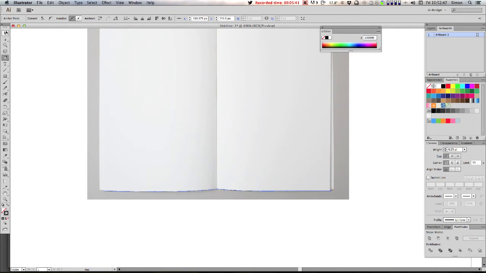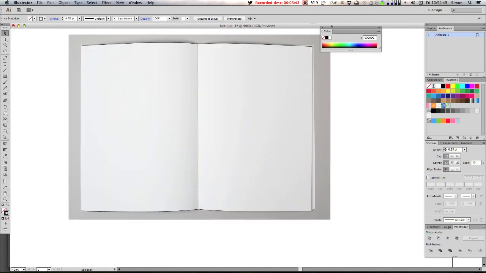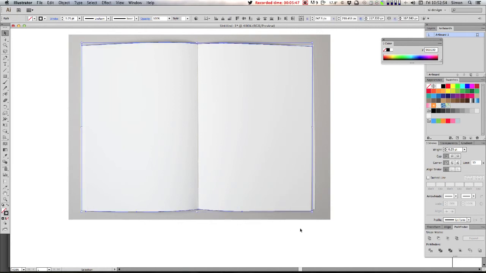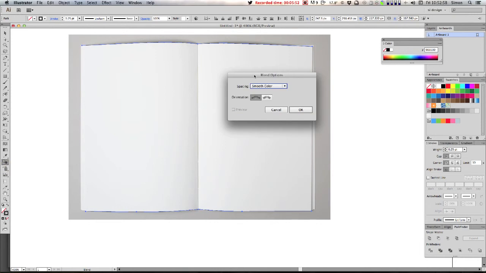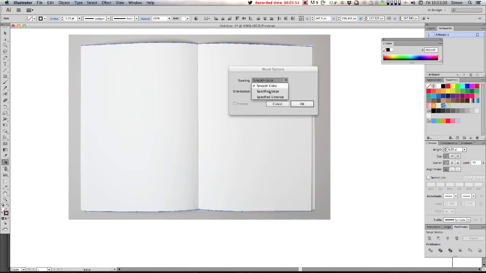Now, this is the trick. Why am I doing this? Here's the trick. I'm going to select both those paths so I can see what I'm doing, and I'm going to go to the blend tool. Now with the blend tool, double clicking on the blend tool and not using smooth color, but using specified steps, 8's probably not enough. I'm going to go to 20 and then click OK,